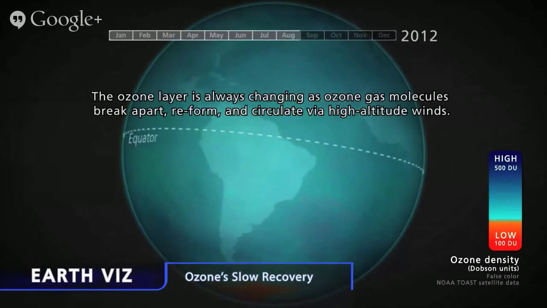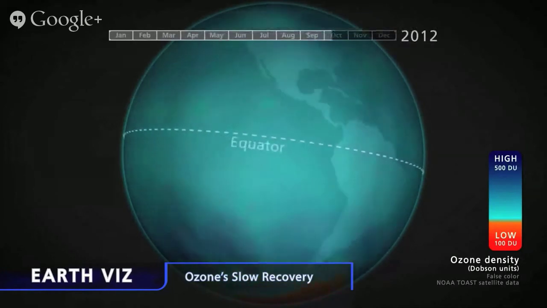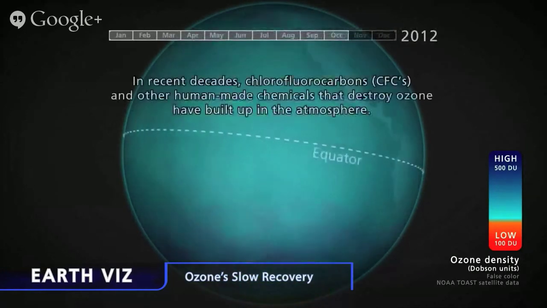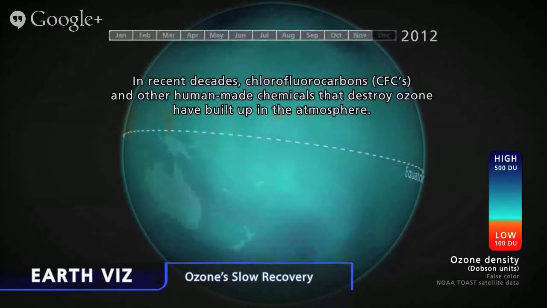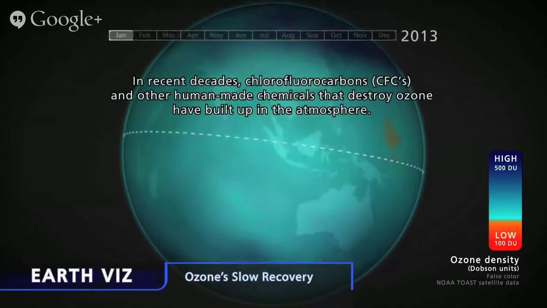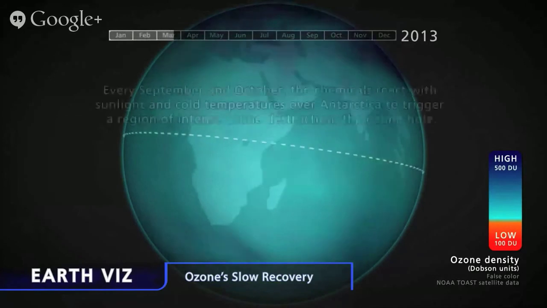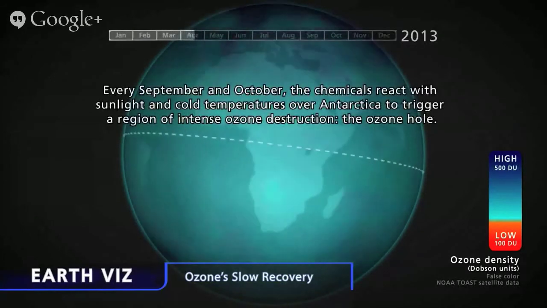It's using the SBUV and one of the IR instruments to do a better job of creating a total ozone estimate. And so it's portraying the ozone column in the atmosphere,